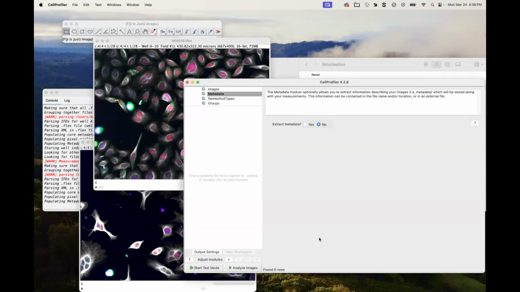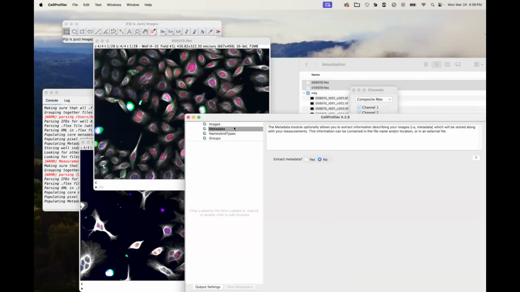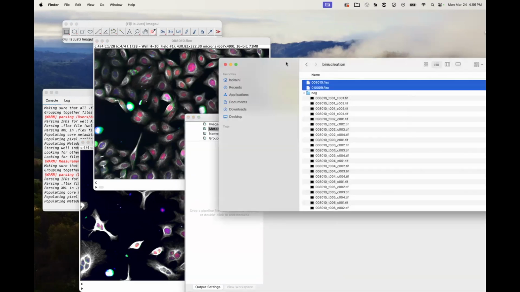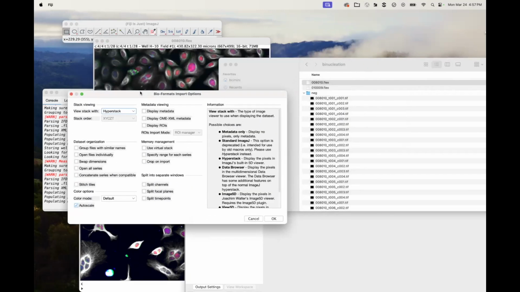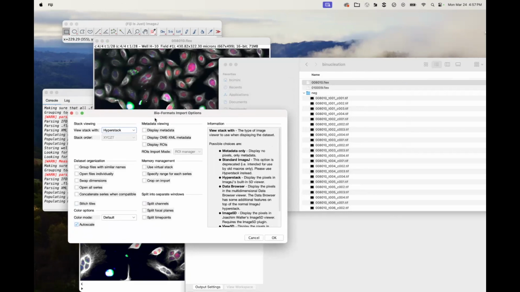Look at that. So Beth, before we leave Fiji, I've got one other question. When you very first opened up those images, you just dragged and dropped them to the toolbar, and something popped up when you did that. Yeah. Great thing that I completely breezed over. So this is the bioformats loader. So that's actually how you know that this is using bioformats to load that data.